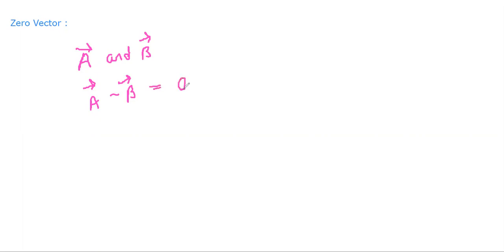So, you won't write 0 over here. This would be a 0 vector because when you subtract a vector quantity from a vector quantity, you will get a vector quantity only. So, it would come to 0, but it would be a 0 vector. This 0 vector is also called null vector. So, there is another name for 0 vector, that is null vector.